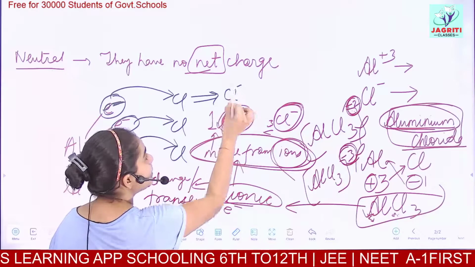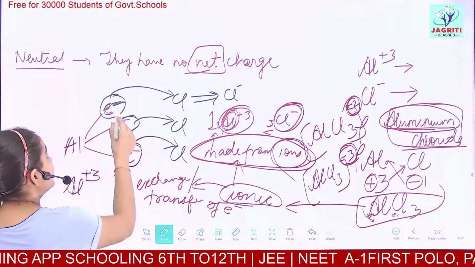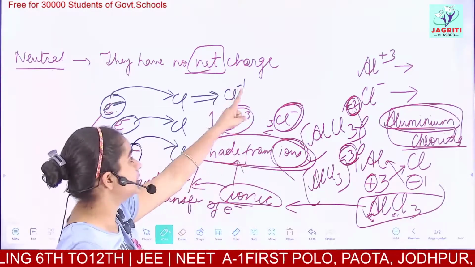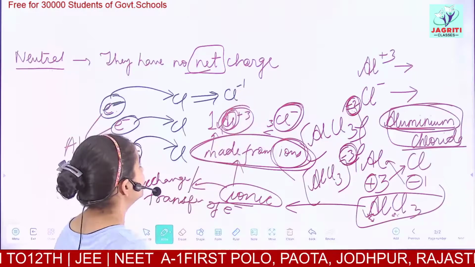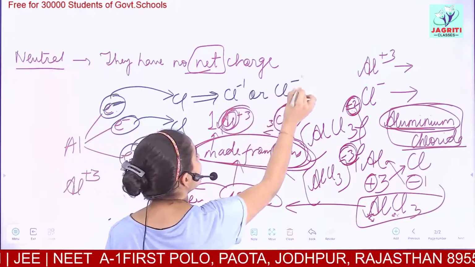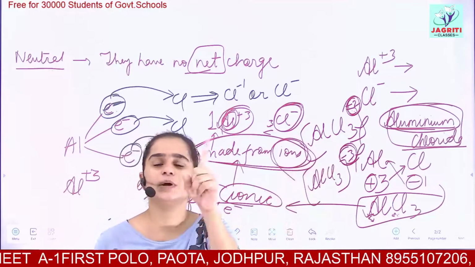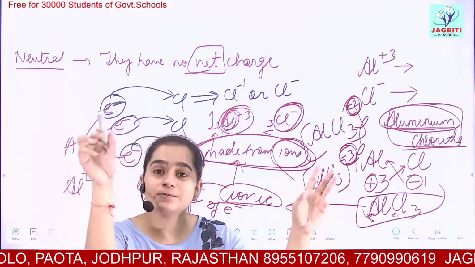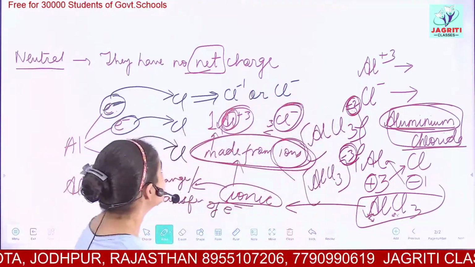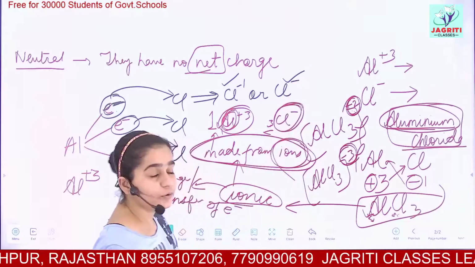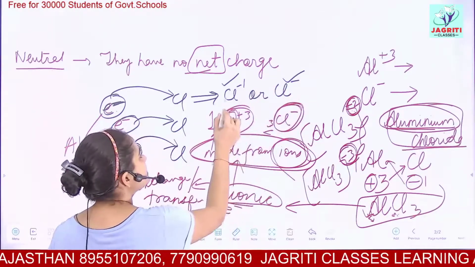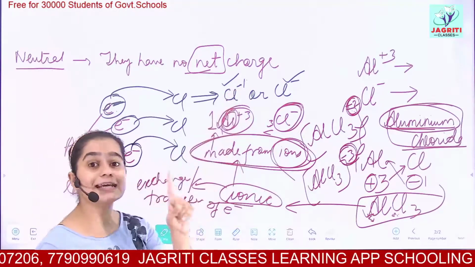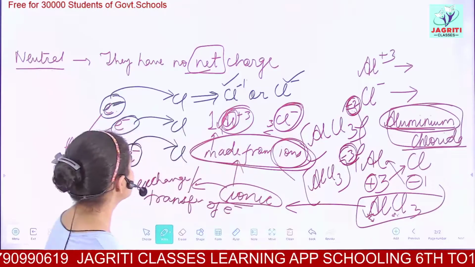It becomes Cl-. And how many electrons has it taken? It has taken 1 electron. So we write Cl-1. And if there is 1, you don't have to mention it. This is also correct. If you write Cl-, this minus sign means there is 1 electron. Because if there are more than 1, then we have to write the number, that is 2, 5, 10, however many electrons it has taken. So both forms are correct. Either you write Cl- or you may write Cl-1. That is, minus means it has taken an electron and 1 means it has taken 1 electron. So this is what it means.